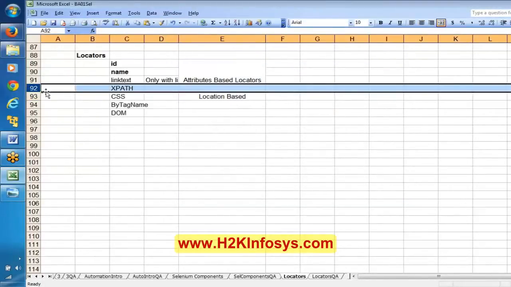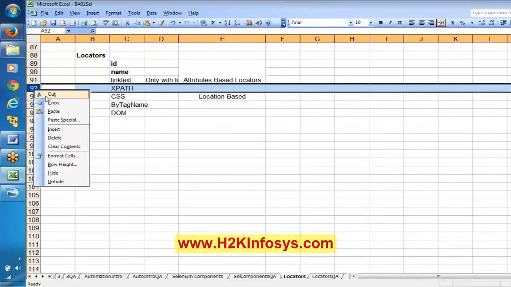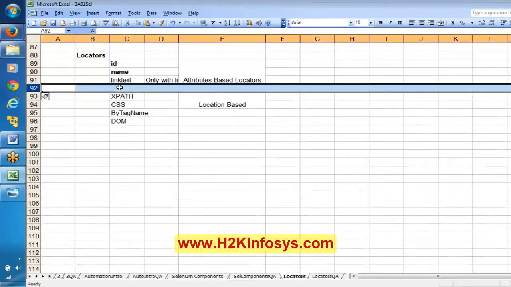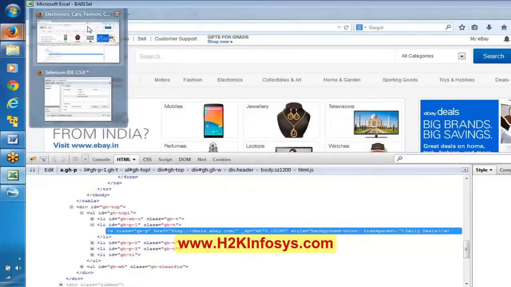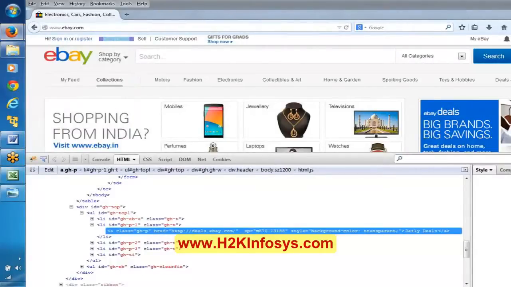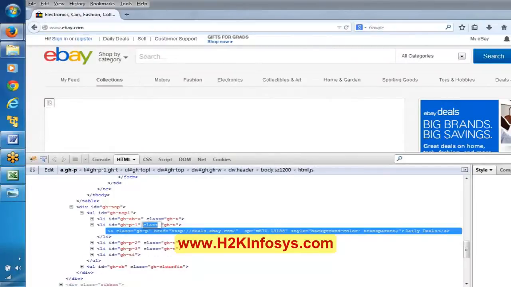Okay, and apart from this, yes, there is something called the class attribute. Sometimes you can use this class, but basically most of the objects will have the same class. That is the reason generally we will not use class. In most of the cases we will not use class. Okay, there is a class locator also. Class locator means we will try to use a class locator here. See, it has some class here. If you close the view here, there is a class attribute.